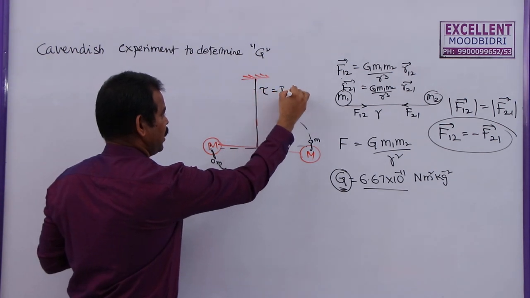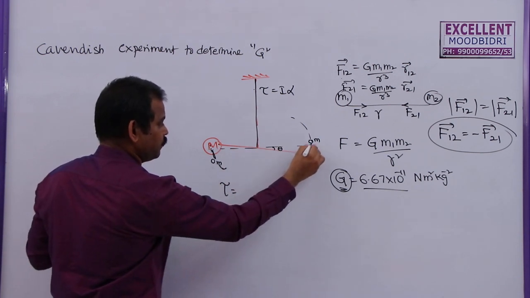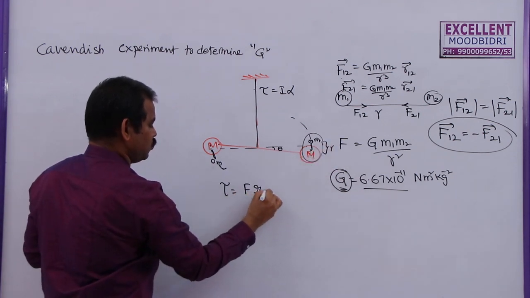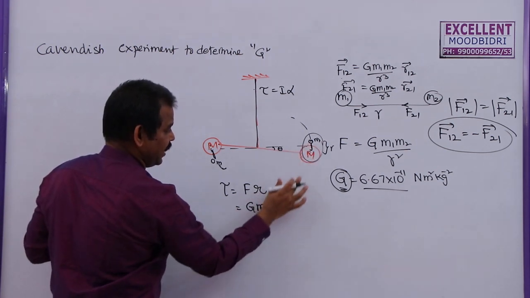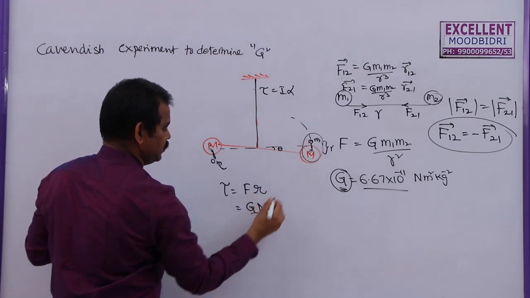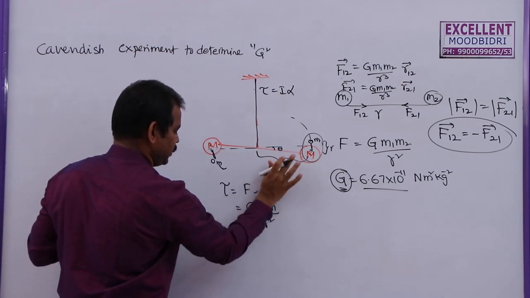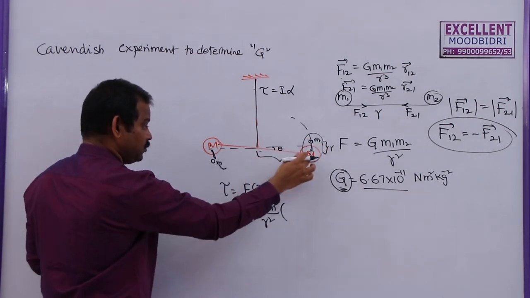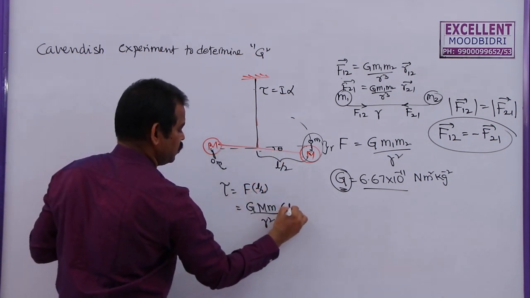The torque tau is given by I alpha. So what is the torque? Torque is the product of one of the forces between these two and the distance. Let us say the distance between these two is R. So this is F into the arm, where F is equal to G M m by R square. But the distance from here to here, let me take it not as R, because I already denoted this R, but as X. Let us say this is half of the length of the rod that we have taken, total length L. So this is L by 2, and this is L by 2.